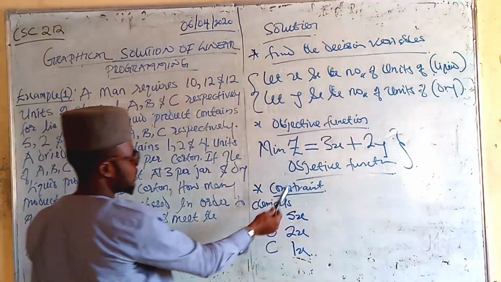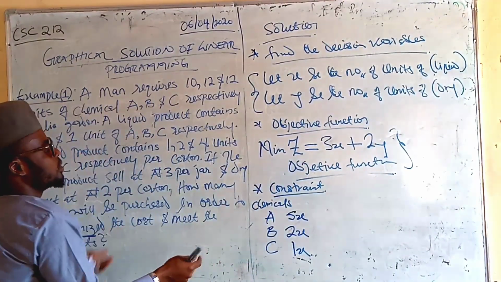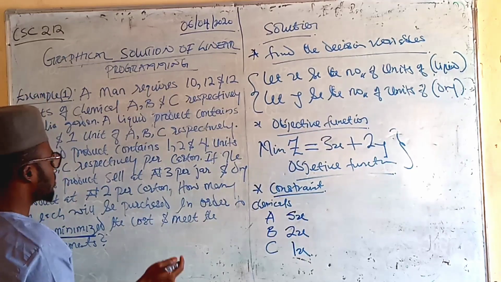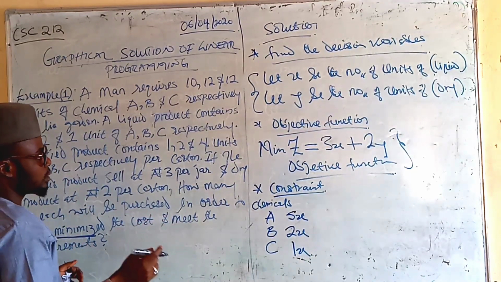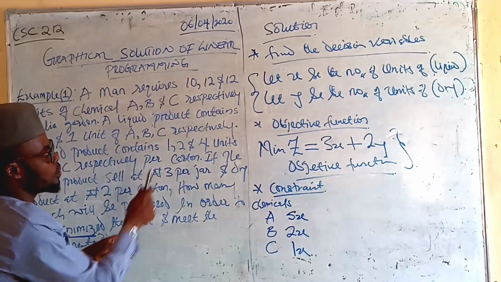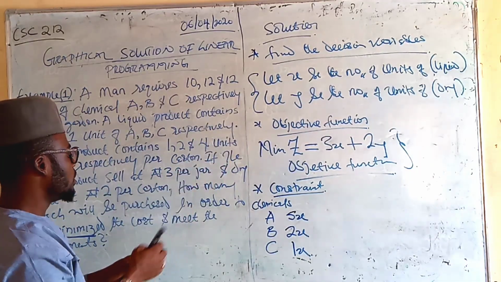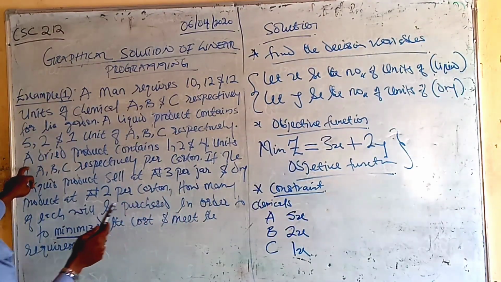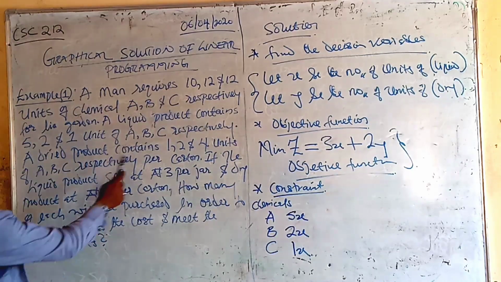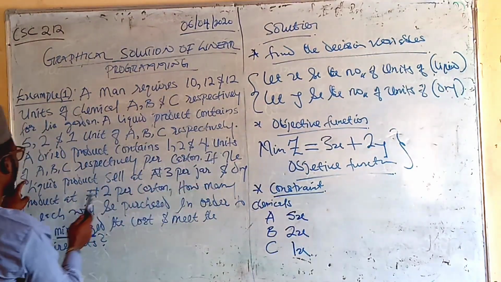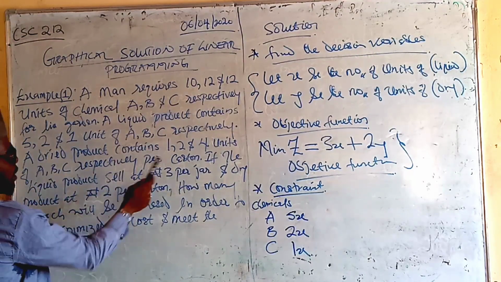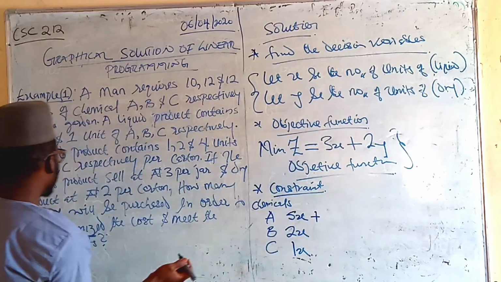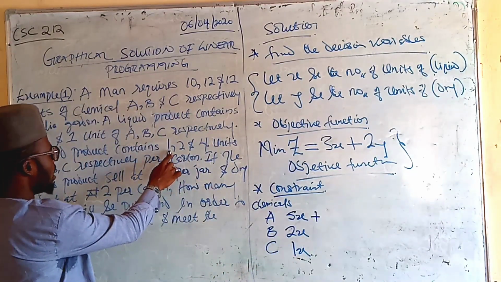Since we have already put our liquid product, the next thing we should do is to put our dry product. So how are we going to put our dry product? Remember, we have let Y be the number of units of the dry product, and its values are given as stated in the problem. A dry product contains 1, 2, and 4 units of A, B, and C respectively per atom. So now we are going to add them together. Chemical A contains 1 unit of